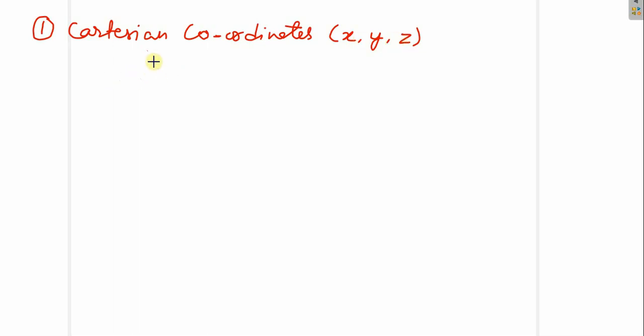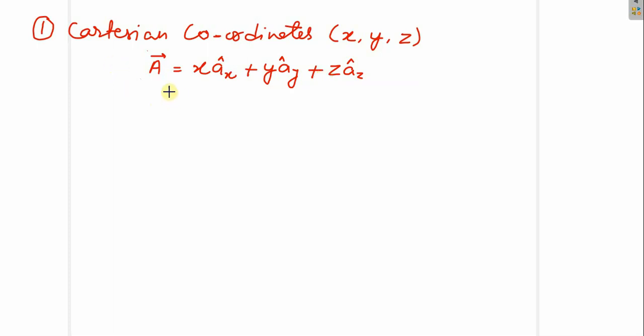Okay. So if I write a vector A in the Cartesian coordinate system, how do we write it? We write it as x with unit vector ax, plus y with unit vector ay along the y direction, and z with unit vector az in the z direction. So this is a vector which can be represented in Cartesian coordinates. These are the position elements x, y and z, the position vectors, you can say.